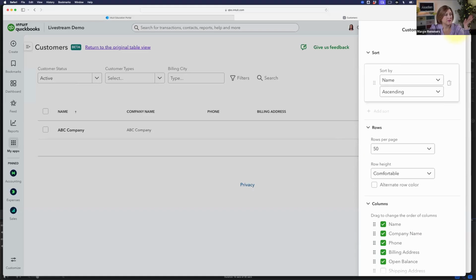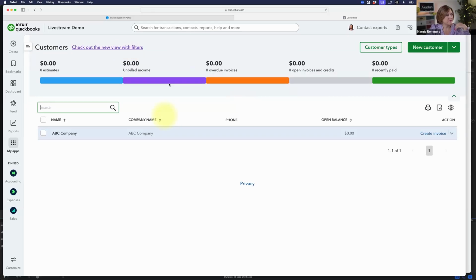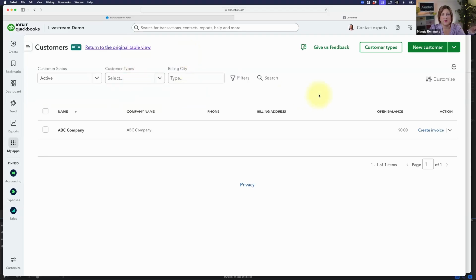So this is how you want to sort it, and you can add multiple sorts. That's more flexible than it is now, but what I wish it had was a way to define what these are. So if I go back to the original table view, maybe I like always having unbilled income. Wouldn't it be nice to have my own thing that I set up where I could always filter by unbilled income, if that's a feature that I use all the time? So that's a thing that I might want to give feedback on.